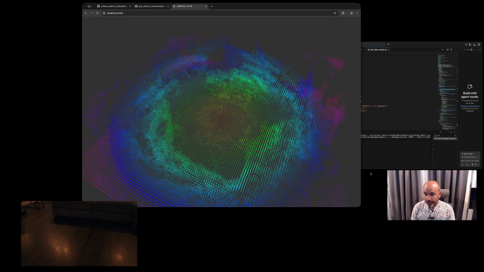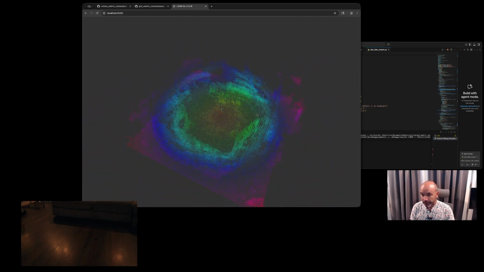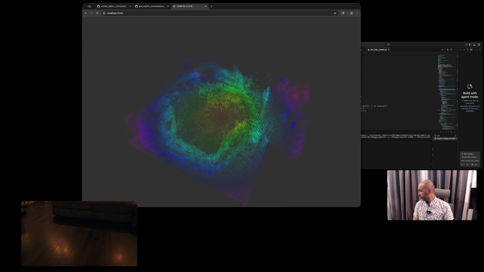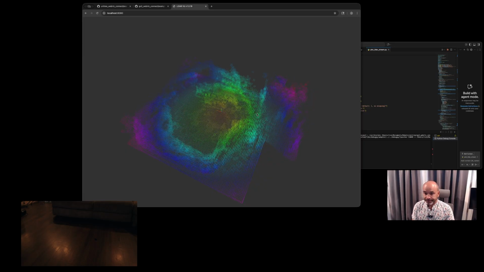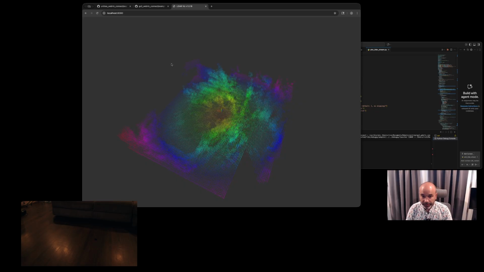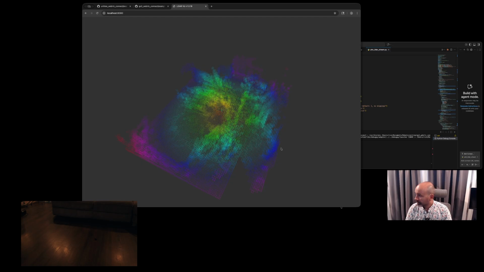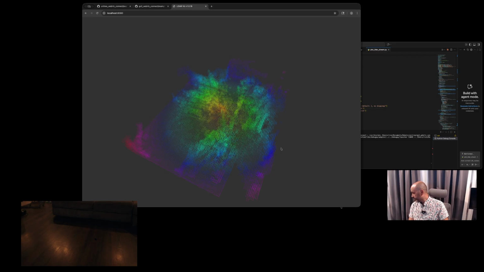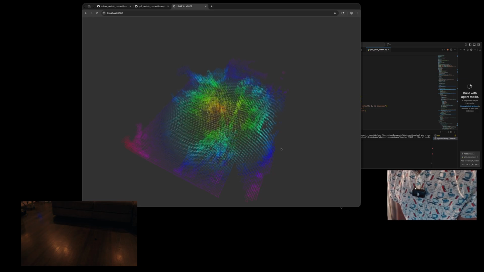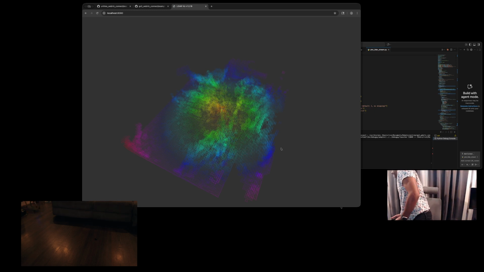You'll see that it's starting to fill up this point cloud now for what my kitchen would be. So it does a good job, but you'll see that it does have a maximum distance that it will measure. So I'm not sure on parameters. Again, I haven't really played with this one too much yet, but you can get a point cloud also with it. Now it's hard controlling it back